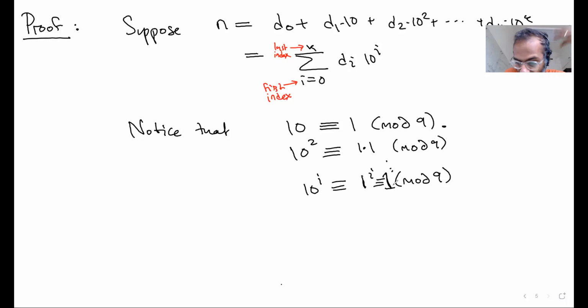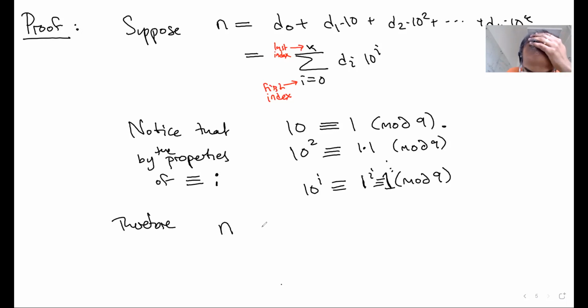And here I'm using the properties, right? I'm using that I can reduce the number before doing the arithmetic. By the properties of this congruence, I have all these things. Okay, therefore, n, which is congruent to this number, in fact it's equal to this number, I can just substitute in what the 10 to the i's are congruent to, and those are just 1. This is congruent to